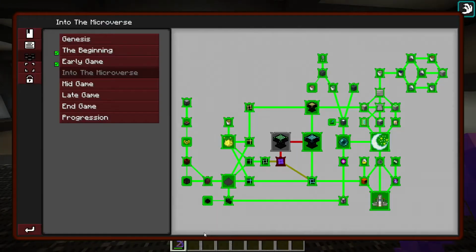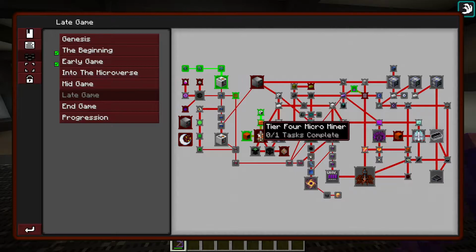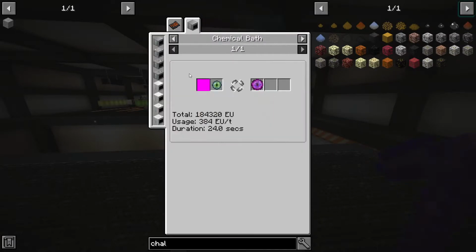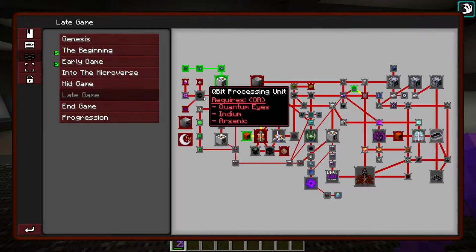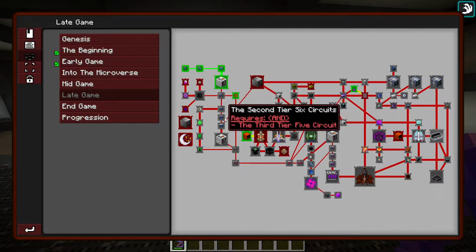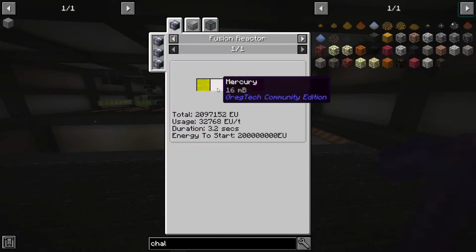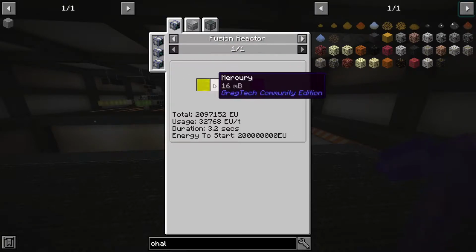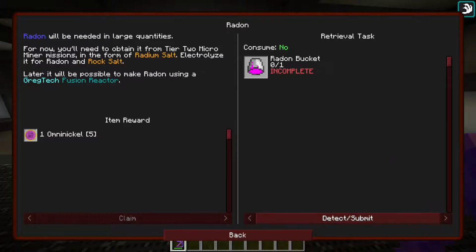So, as you saw in the intro there, I was trying to make the tier 4 micro miner. I thought it was going to be easy, but it actually needs this thing, which needs this thing, which needs this stuff, which we were going to make anyway, because we need it to make qubit processing units for our next tier of circuits. So I guess let's do this then, shall we? You can make it infinitely with a fusion reactor with gold and mercury, but not yet. So we need an electrolyzer,